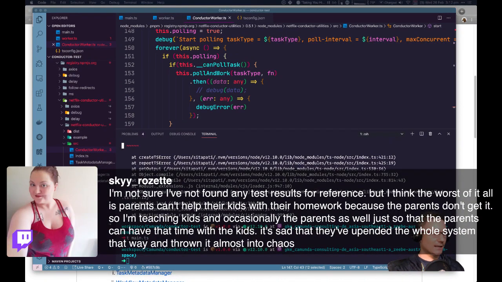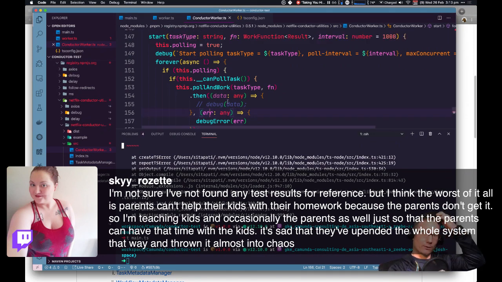I'm not sure I found any test results for reference. Worst of it all is parents can't help their kids with their homework. That's another point, isn't it? If the parents learned with a different method, the parents will be upset about it as well. I reckon that would have a negative emotional impact on the kids as well, if their parents are like, this sucks, I don't know how to do it. That's one thing I noticed with teaching kids to code. The parents would be like, I don't know how to do this, I'm no good with computers.